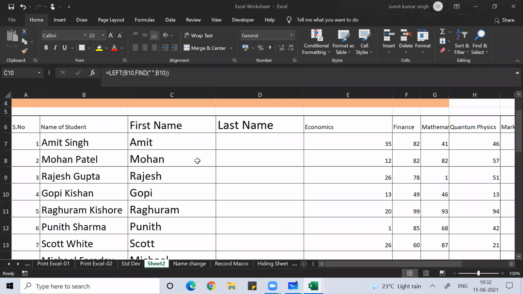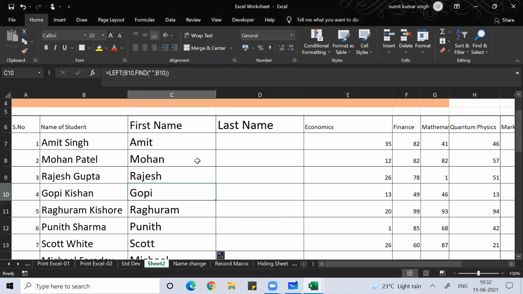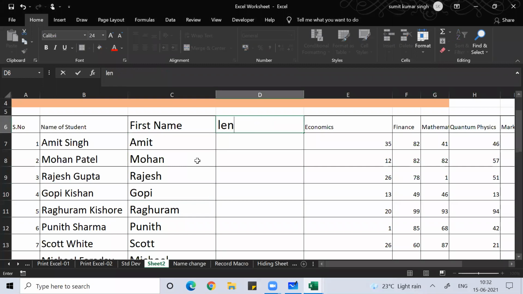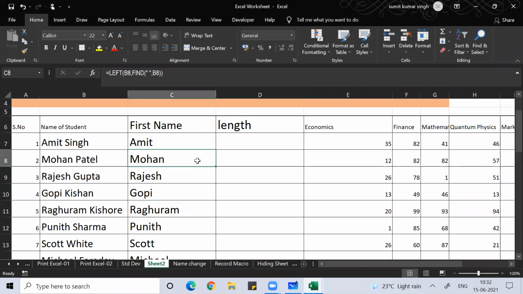But there's a problem, guys. Can you tell me Amit means how many characters? Amit means 4 characters. Mohan means 5. Rajesh means 6.